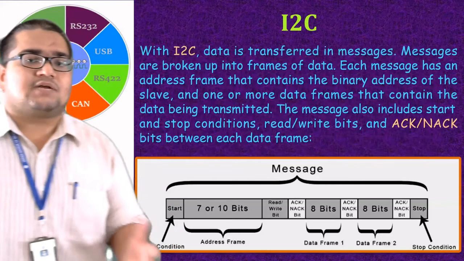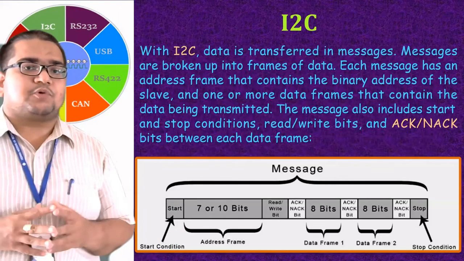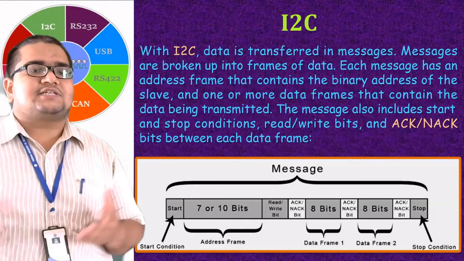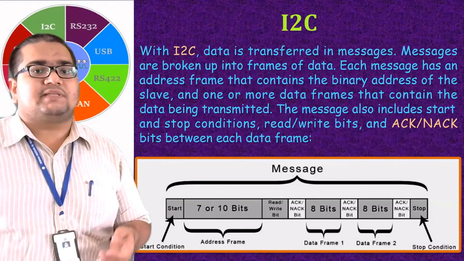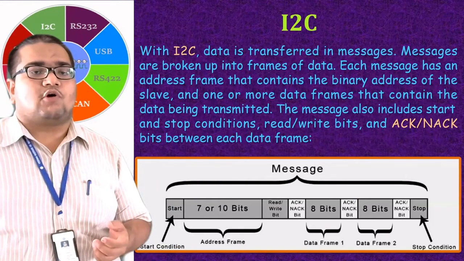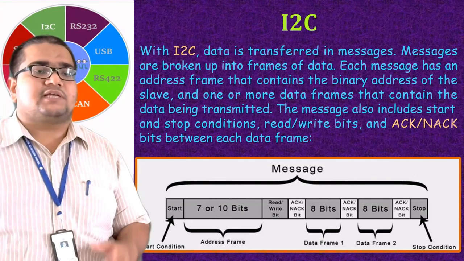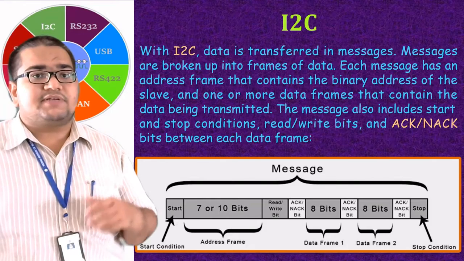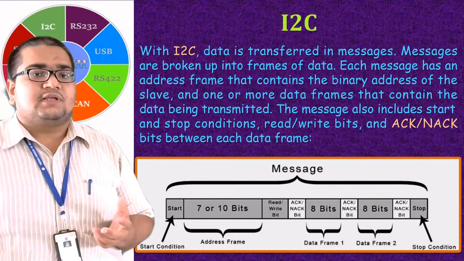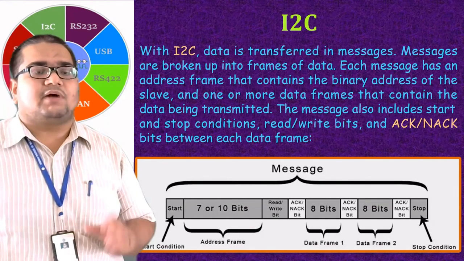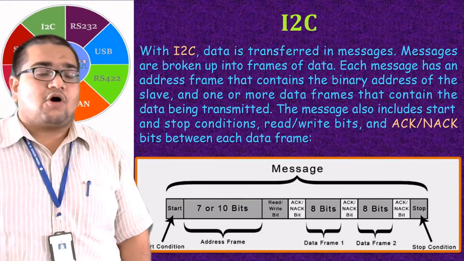This is the packet structure. What we can see in the message structure in the I2C protocol is that it always has a start condition, followed by the address frame, and data frames will follow afterwards. And you see that after every frame, there will be an acknowledgement from the receiving side to the sending side, indicating that it has received the frame, whether it be an address frame or a data frame.